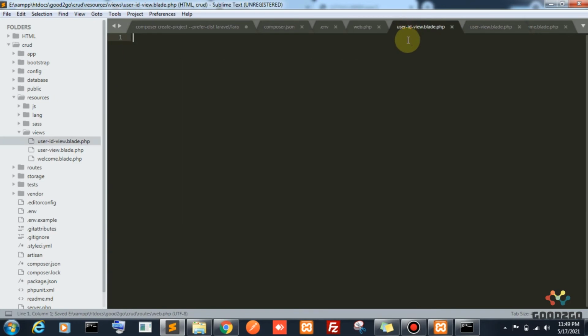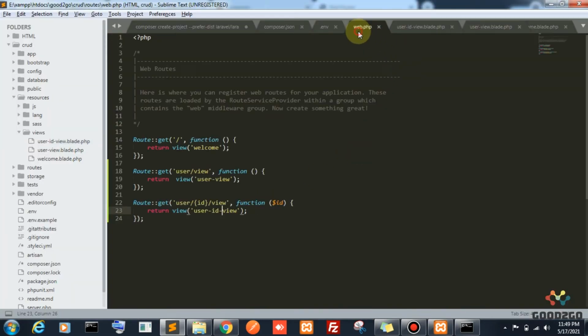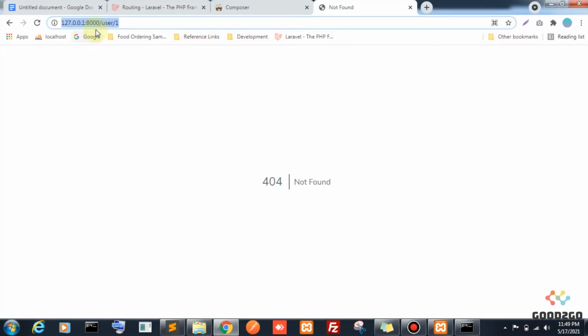In user id.view we can use user id, just for a reference as of now. Okay, 404 not found. Why 404 not found? User slash 1. Where is the user slash 1? I renamed this URL name as user slash 1.id. So whenever the URL is not found, it will throw a 404 not found exception.